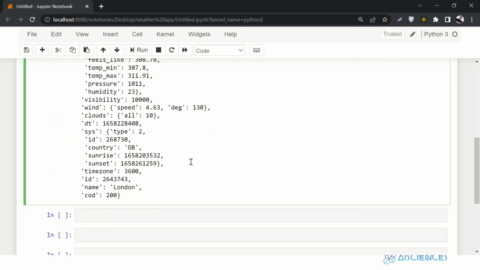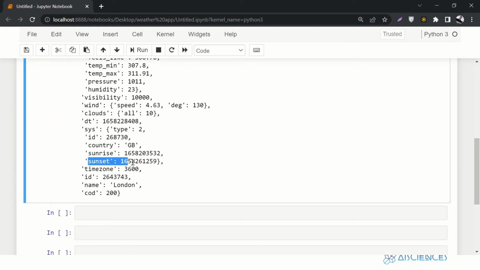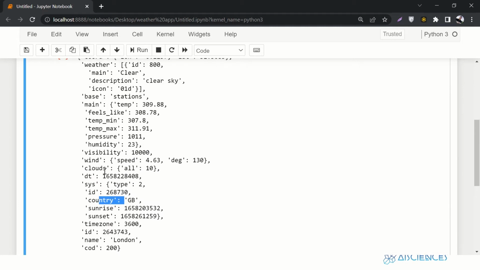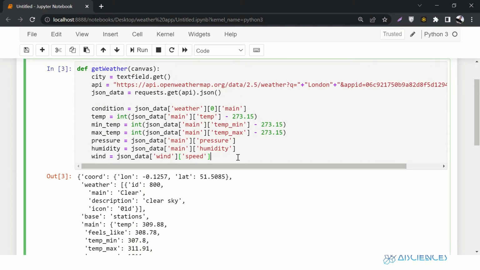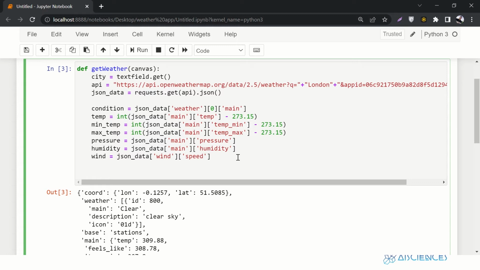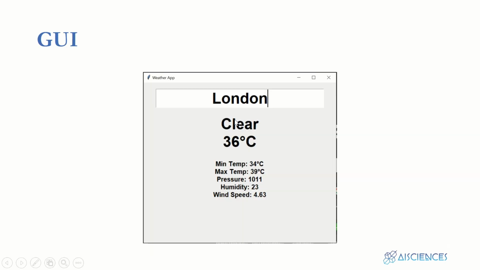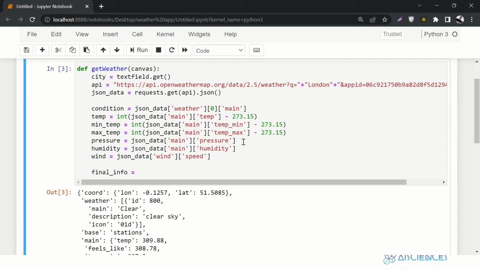If you want to display, let's say, sunrise time, sunset time, country, and a lot of other informations, you can do it on your own. That's easy. Okay, now let's say final info equals to, so if we go back over here, let's call this thing info. So final info will be condition plus,